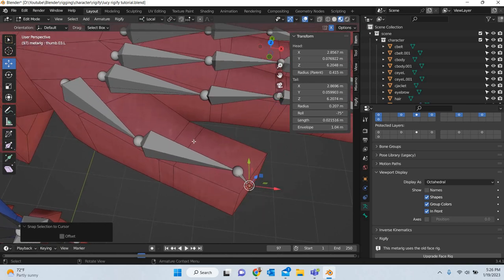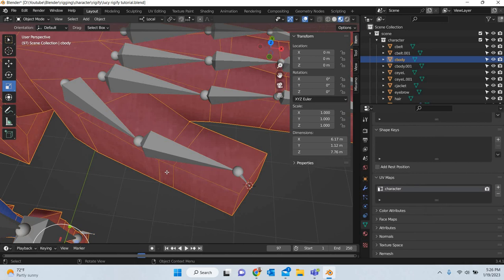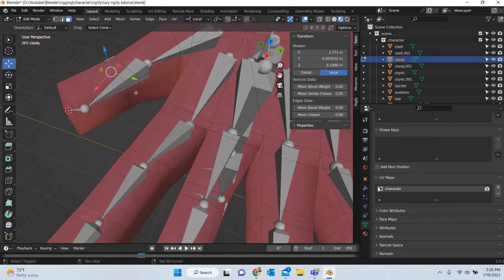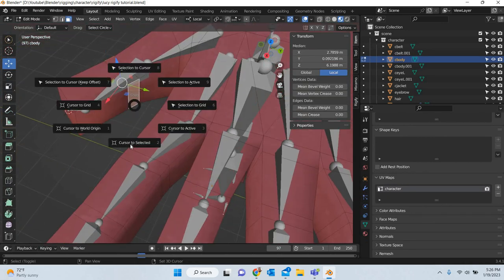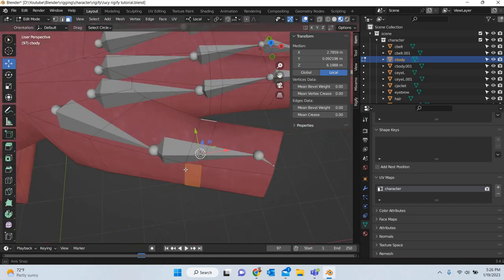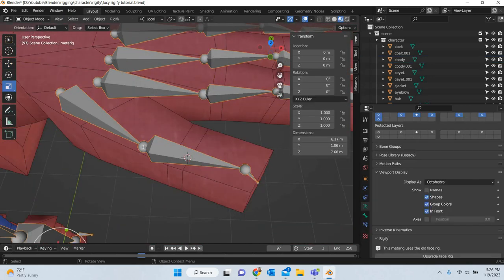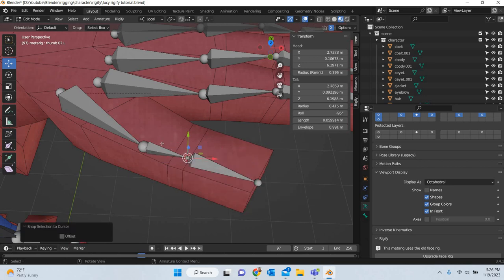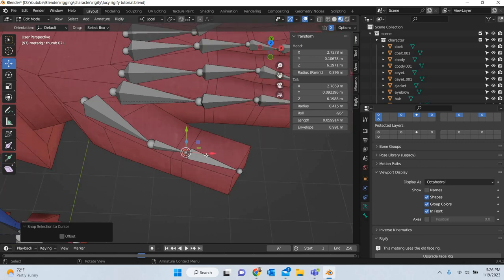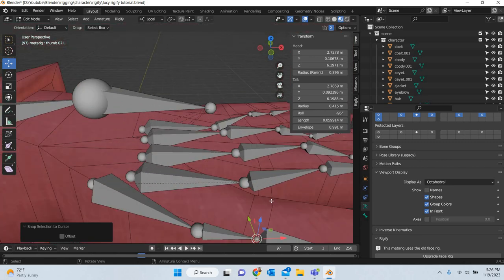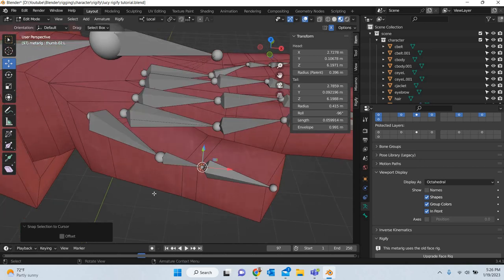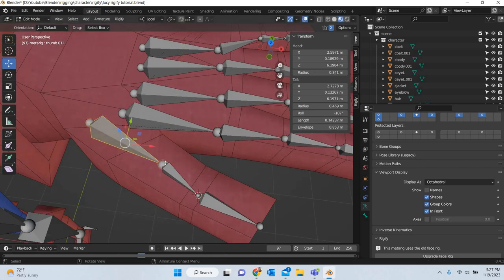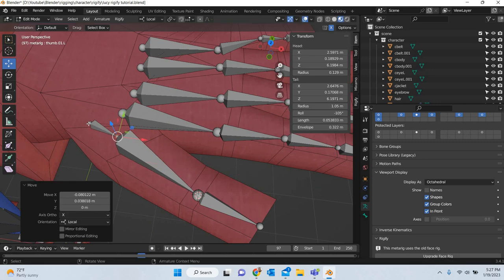And then what you can do is you can press tab, select this, shift select this, and again Shift S, cursor to selected, so the cursor is in the middle here. Again go tab, select this, Shift S and selection to cursor. Okay, so the bones go exactly in the middle. So you don't have to do this to all, but you can do it to a few, so you know their relative position, and based on that you can